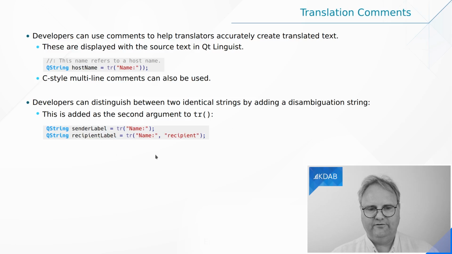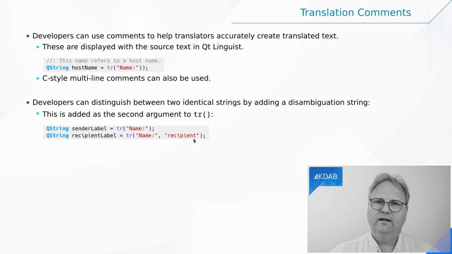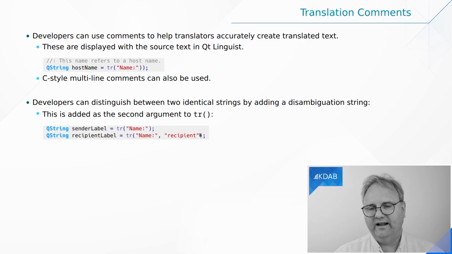Here I have two different names. And here it tells that it's recipient. The translator will see this string down here. But sometimes you only have one. Maybe you just have it saying exit and the translator wouldn't know whether it's one or the other that you're referring to and might not know your application well enough to know what it is. So when you have especially short strings, what's useful is to give your translator a hint about what to translate. And you can do that either with the